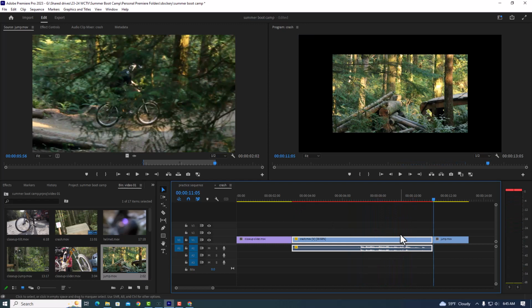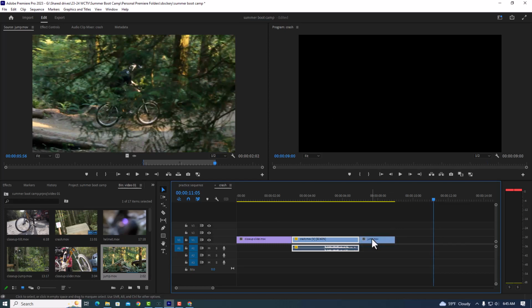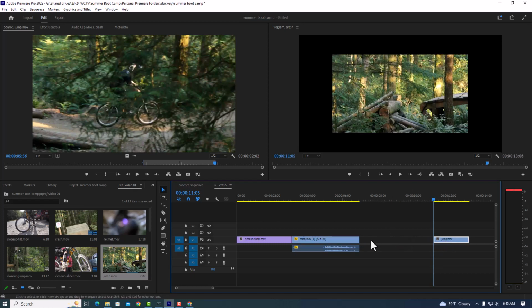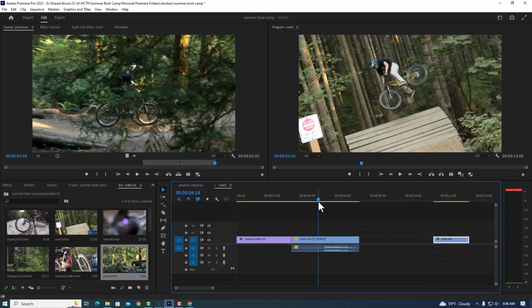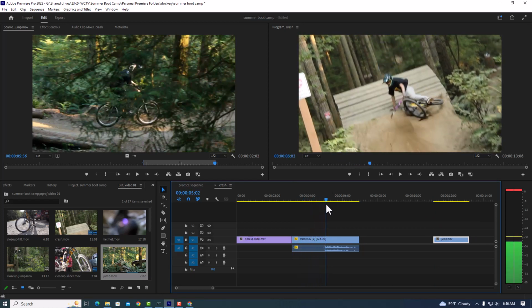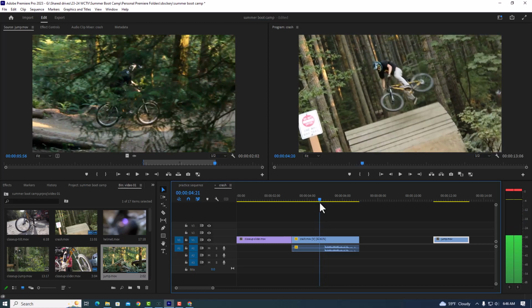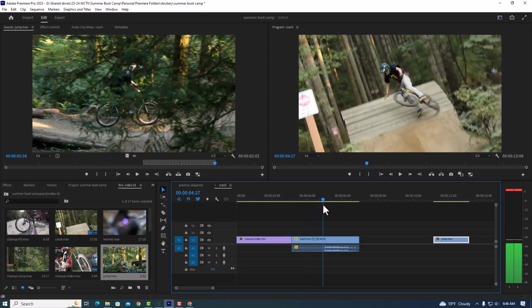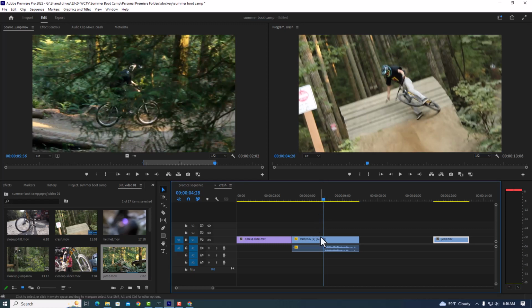All right, so that was the two basic ways, and if you're happy with those, move on, don't watch the rest of this. The most difficult to do, but I would say the coolest option, time remapping. Time remapping, and it creates these speed ramps, which are really, really cool. So for example, let's say right before he crashes, I want to create a slow motion speed ramp. So I want it to be normal speed to right here, and then create a ramp and go down in